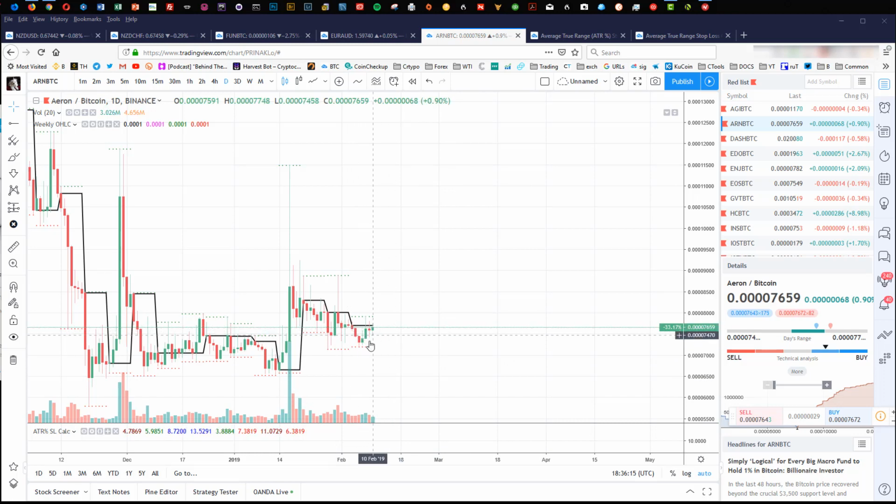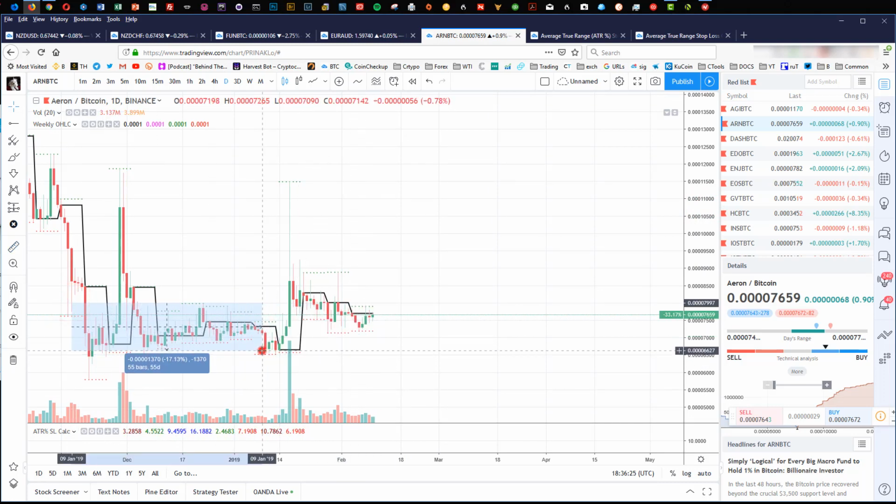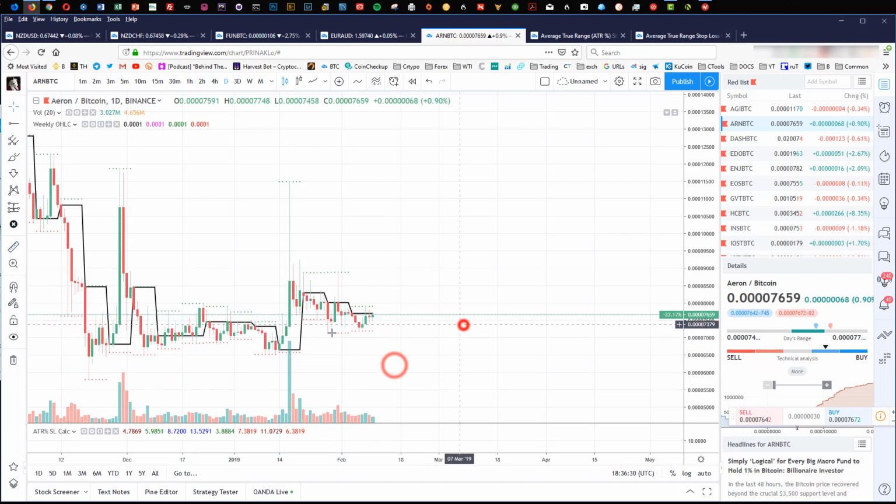I would have liked to see an actual close above this week, but this fits something where I could say it's finding support. There's a value range here of trading where it looks like it's finding support. There's a lot of weekly opens. Now it's traded below those weekly opens, but there's a lot of weekly opens, a lot of weekly highs, a lot of weekly lows. If we look at the ATR of the previous day, it looks like it might be trying to close above the week. So it might be looking to have a week like this and maybe continue on,